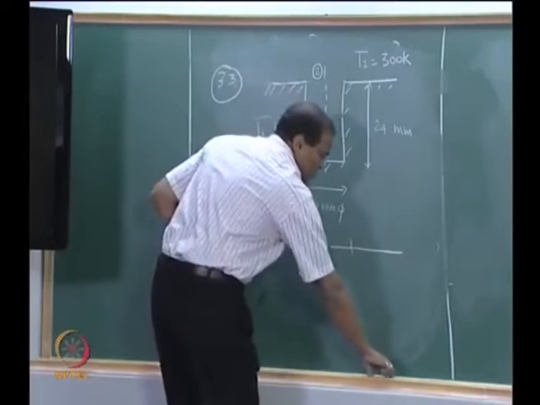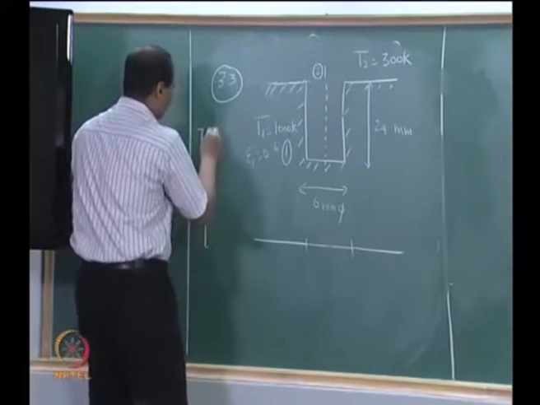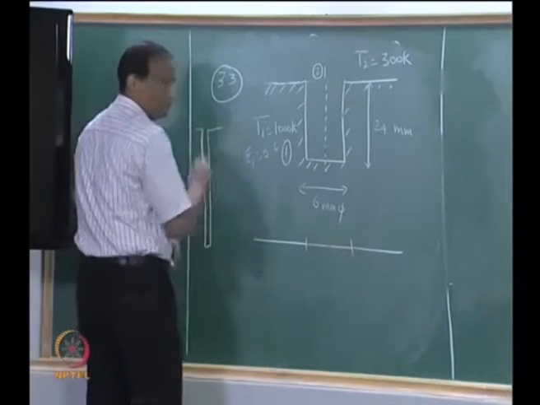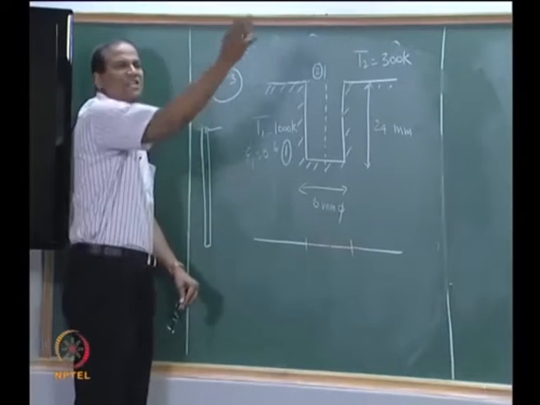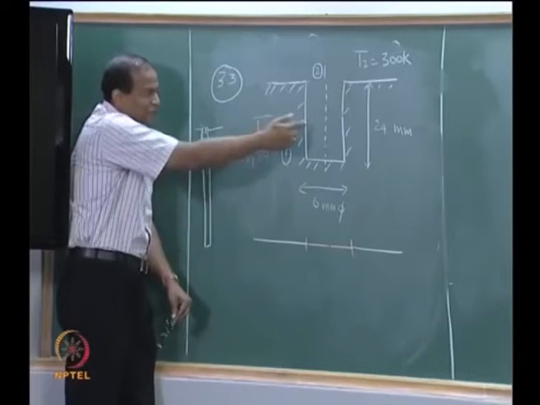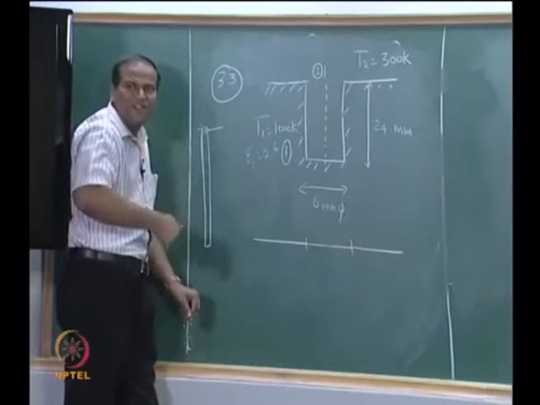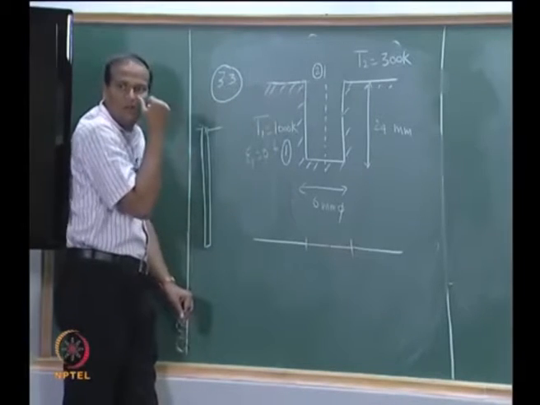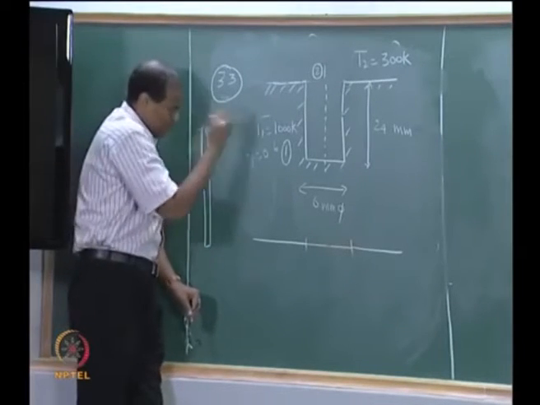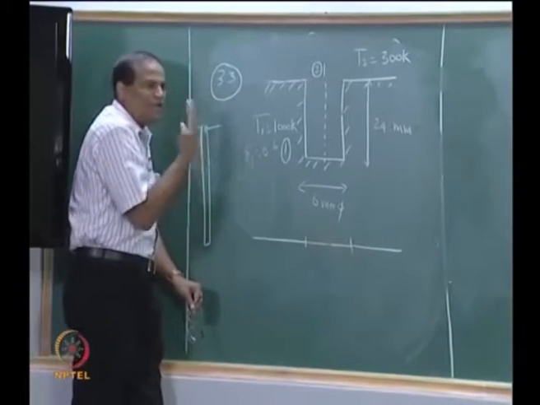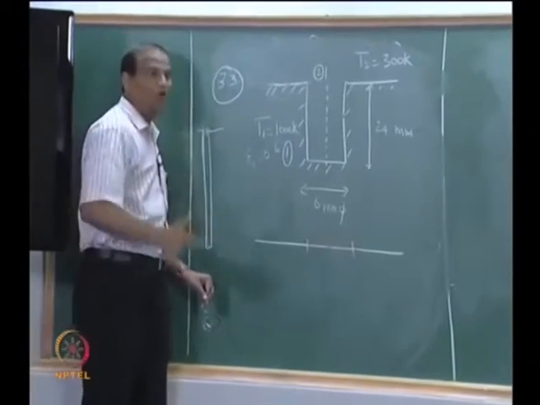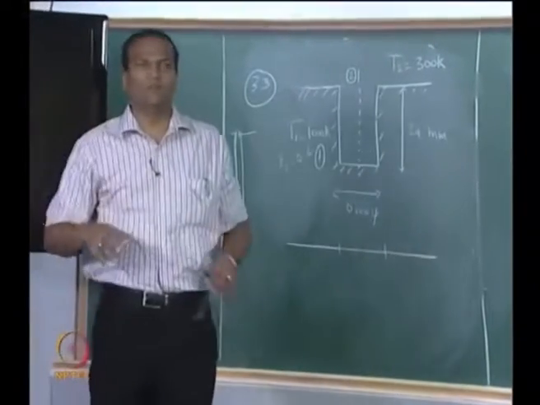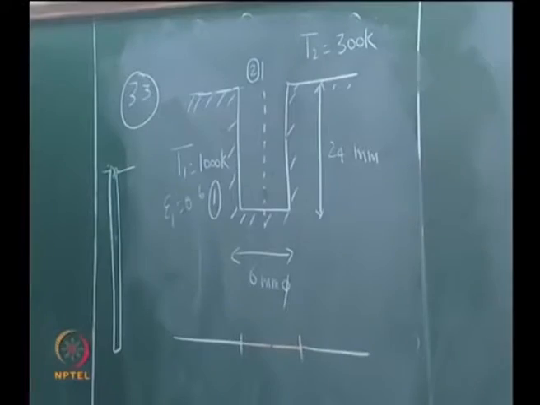Why is it so? Because we saw the whole RAM, if I make it like this, there is so much internal reflection that the radiation coming out of this will be equivalent to the radiation coming out from a black body at this temperature. Therefore, as the depth of the hole keeps increasing further and further, its effective emissivity will approach 1. So why do we want to take so much pain? Suppose we don't get a surface with good emissivity, it is possible for us to bore holes in a few places and augment the heat transfer passively without using any pumping power. Is the concept clear? Now please take down the problem.